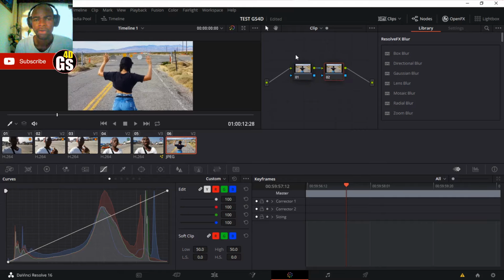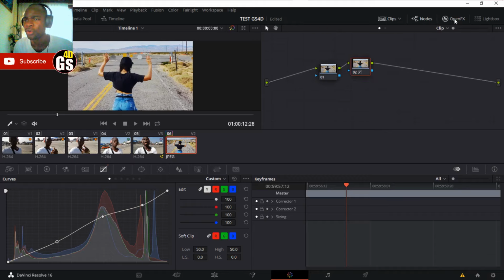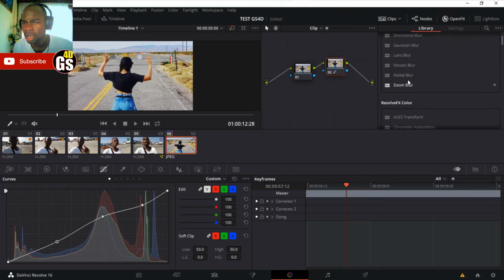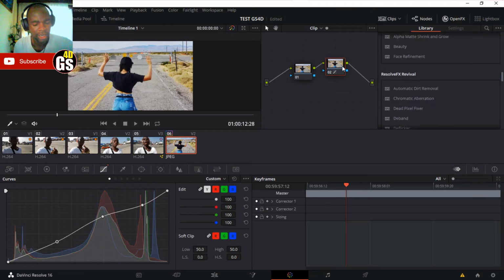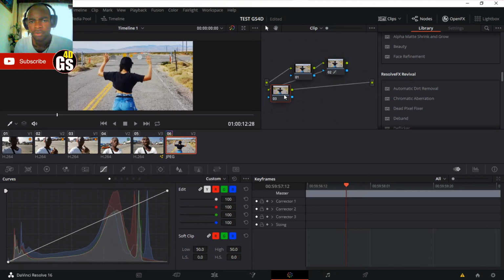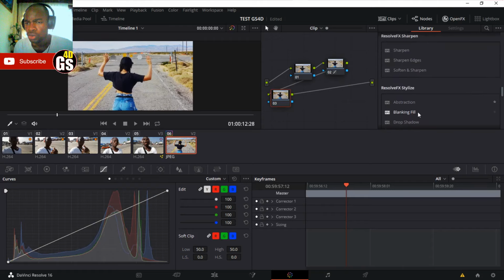Okay, I recommend you to press Alt and S on your beautiful computer to have this and do all of the new modifications that you want to add. Ooh, look at that. This is great. You have, wow, many things. This is OpenFX. Wonderful. As you can see, there are so many beautiful effects here for you. You can do the same action, Alt S, to add a new node, and you can choose what you want here.